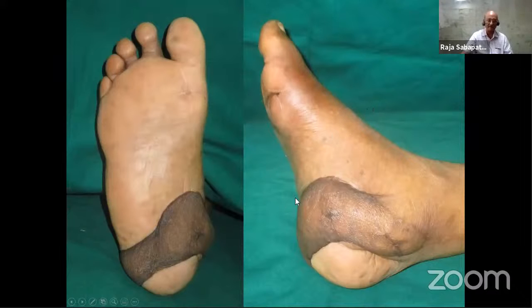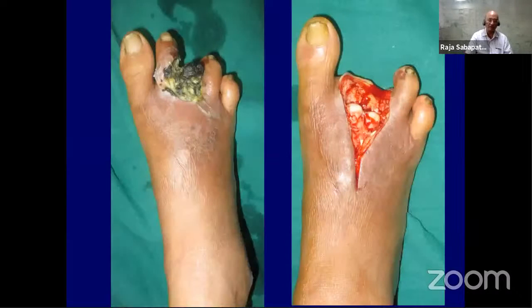That is a picture which is taken years after the original one. You see it has done well. And provided the individual takes care of the feet much better, I think they can go on and on and on they go. So another example, say you find a patient who has come, there is a lot of cellulitis,